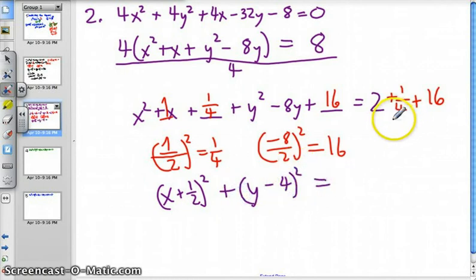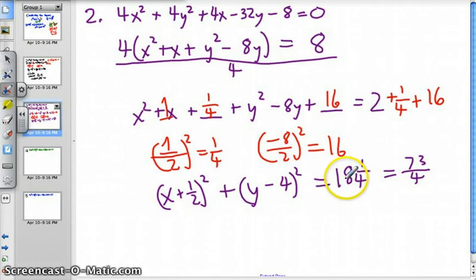And that's equal to 2 plus 1/4 plus 16, which is going to be 18 and 1/4. I don't really like mixed numbers very much, so I'm going to change that to 73 over 4. Same thing. 4 times 18 is 72, plus 1 is 73. So now, again, I can easily see that this is a circle